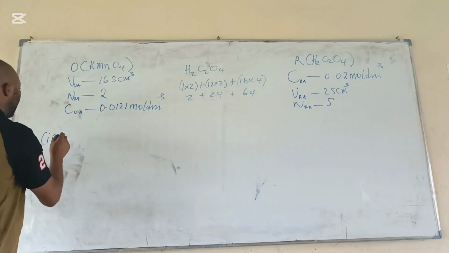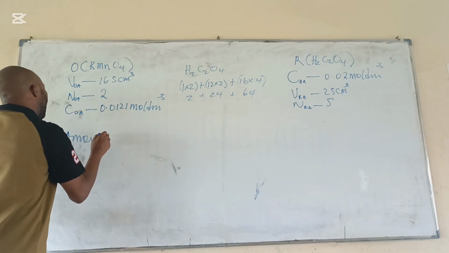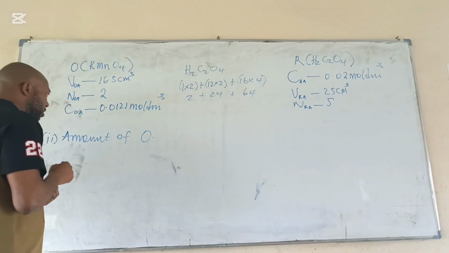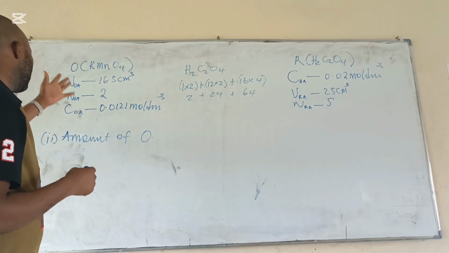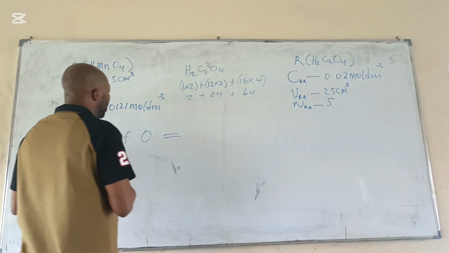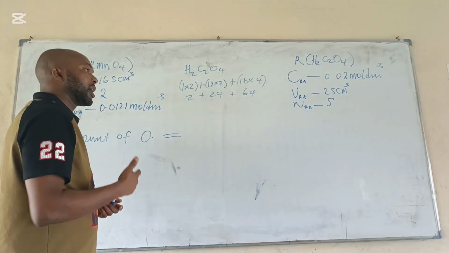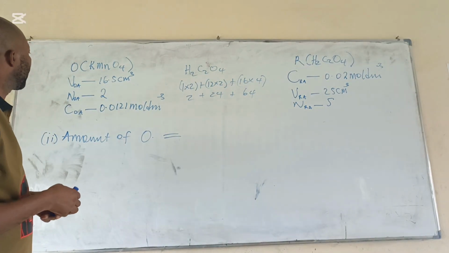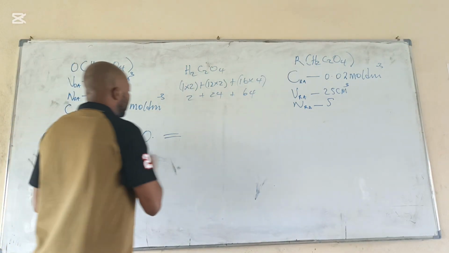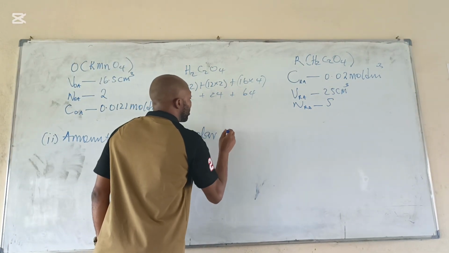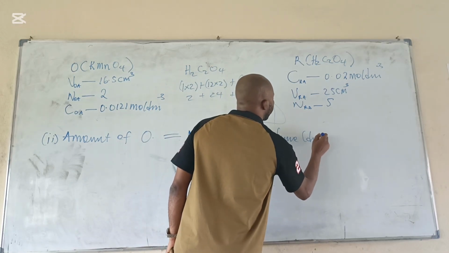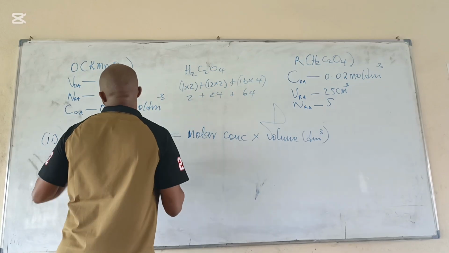Now, the amount of O in the average volume of the O used. What is the formula for amount? Amount can be mass over relative molecular mass. Amount can also be molar concentration times volume, and the volume is in dm³. So amount now becomes molar concentration times volume in dm³. The molar concentration of this is